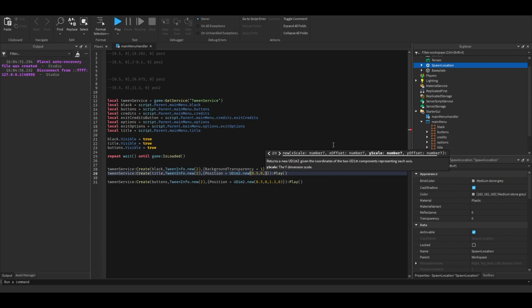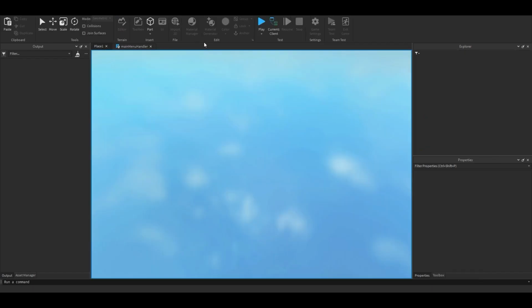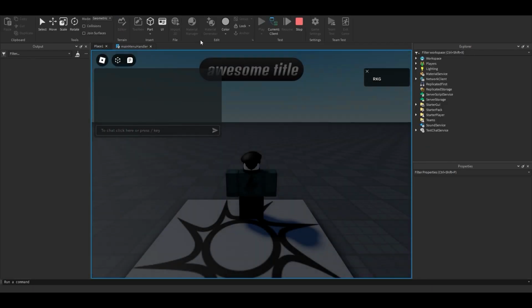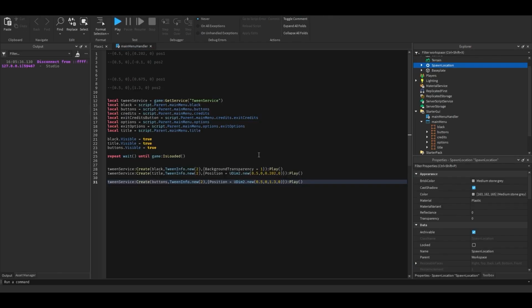0.5, 0.20, and we'll do the same thing for the buttons. Forgot position 1 is the one where it's in like the middle of the screen. Position 2 is what you do to make it go away. So 0.3, 0. So press play. After fixing things I broke, have this. Okay, but no buttons. So,